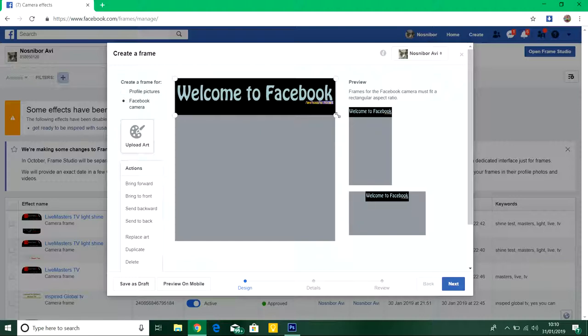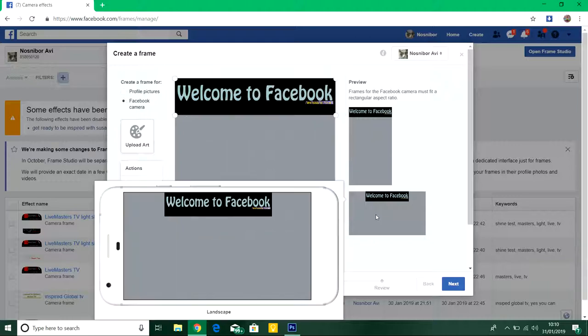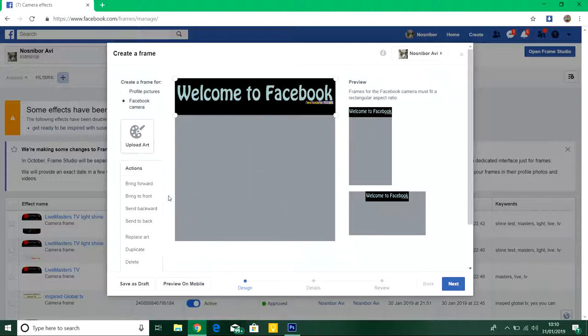Maybe pull it out a little bit more and move it along. So now that is how it would look on your phone normal portrait. That's 9 times out of 10 how I set them up, but this is how it will look on landscape, which might be a little bit weird to you. What we can do here